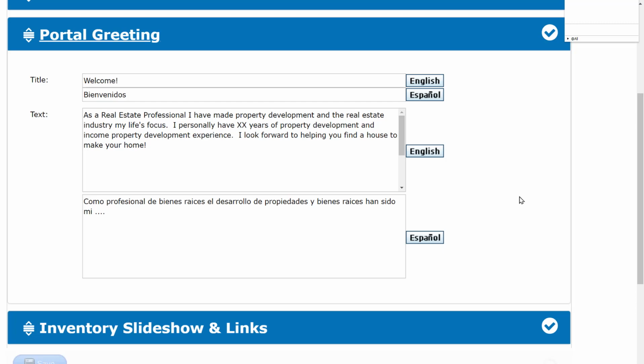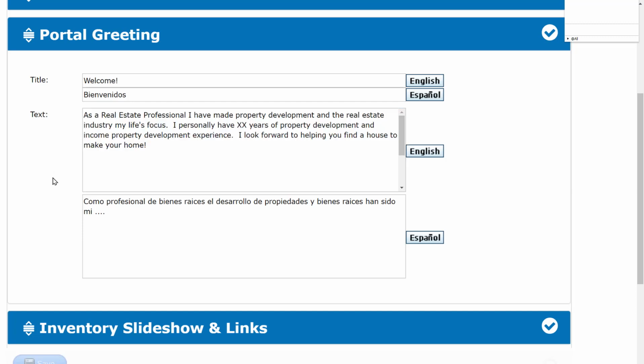So Matrix isn't going to translate this for you. Okay, so again, Matrix does not provide the translation. If you write something and you would like it to appear in Spanish, you have to also supply that information in Spanish. And in class, I always say this, if you don't know what to write, feel free to